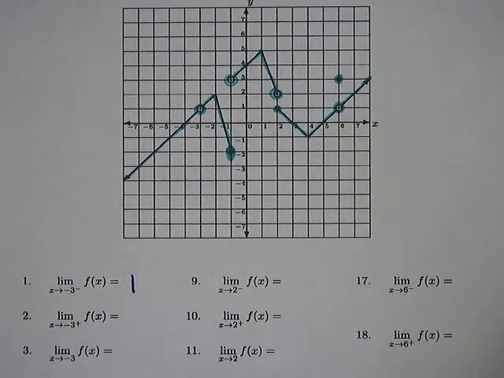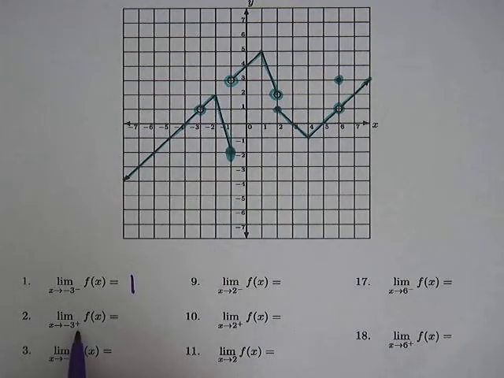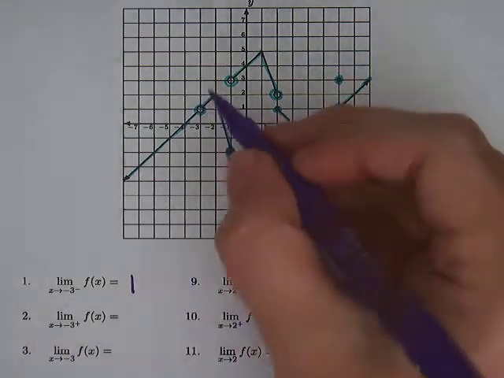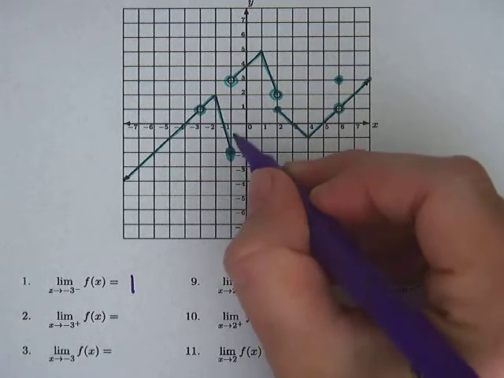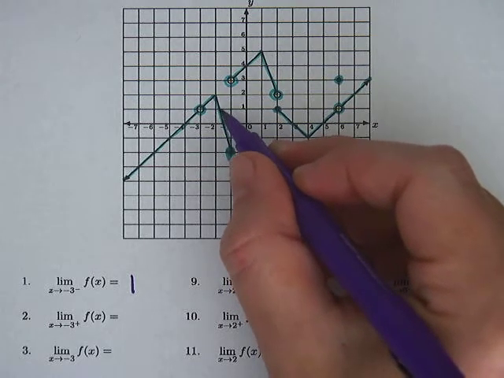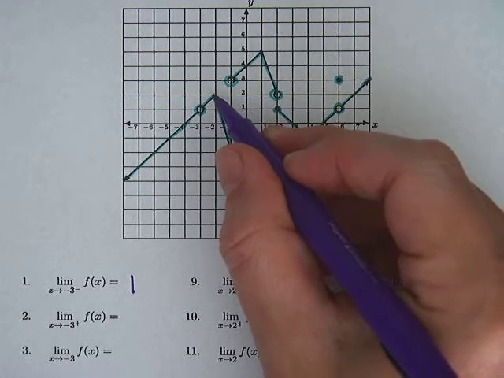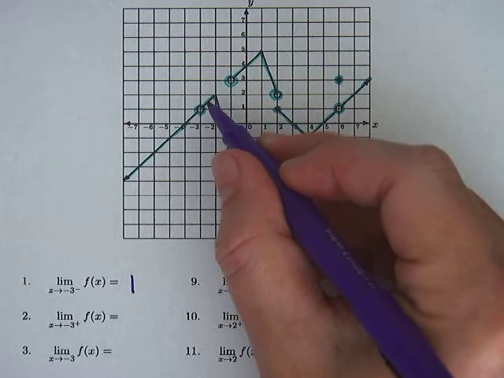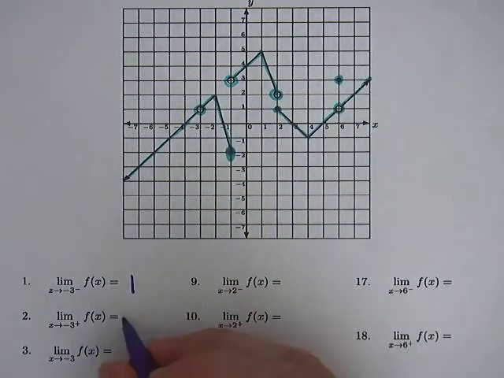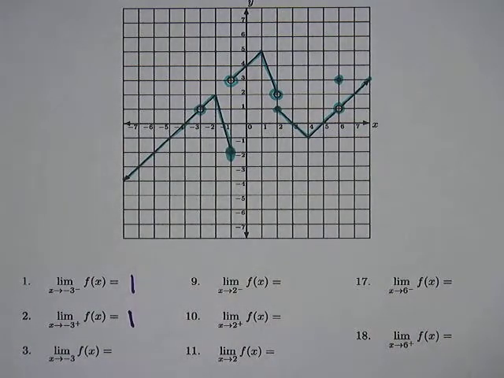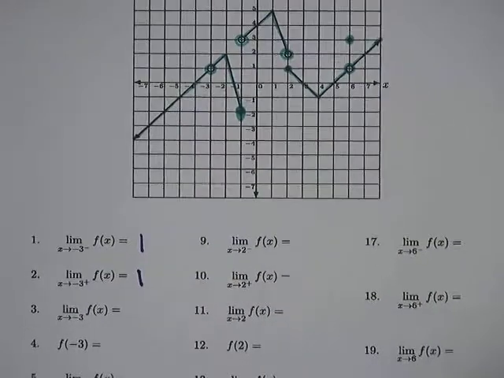Okay, let's go on to number 2. It's asking the same thing, except this time we're approaching from the positive side. Okay, so we look at this thing from the positive side, and you can see we're approaching from this direction. But as we get closer to the graph of the line, as we're approaching -3 from the positive side, it goes to the same number. It's going to 1. Okay, so this answer is also 1,